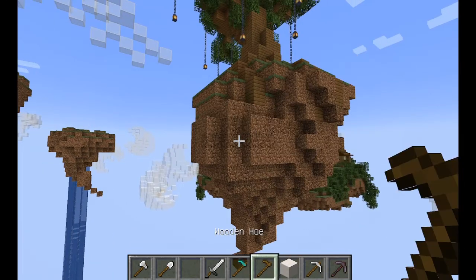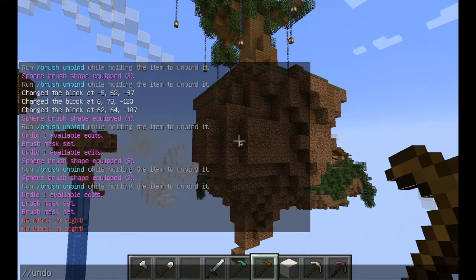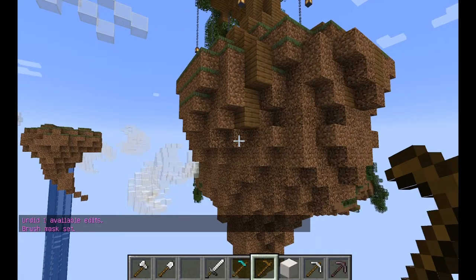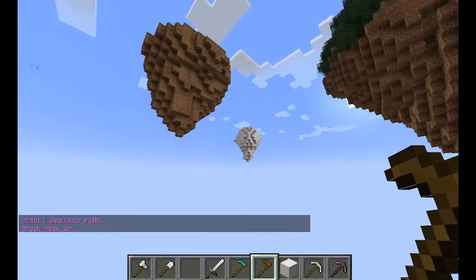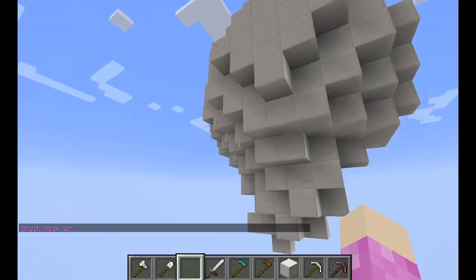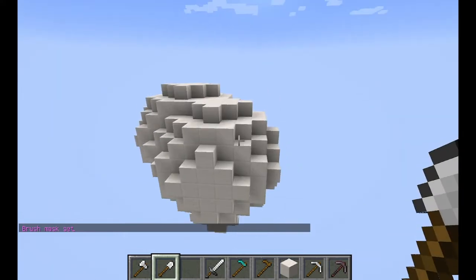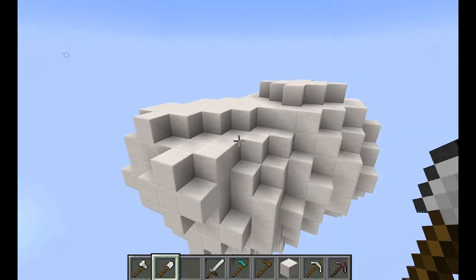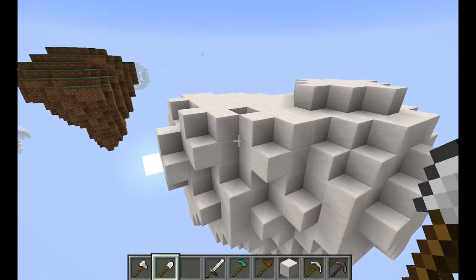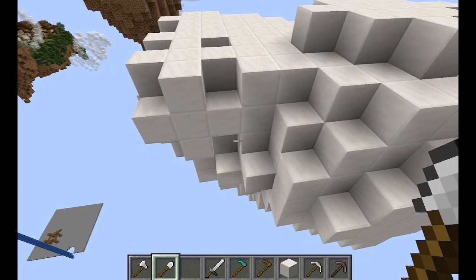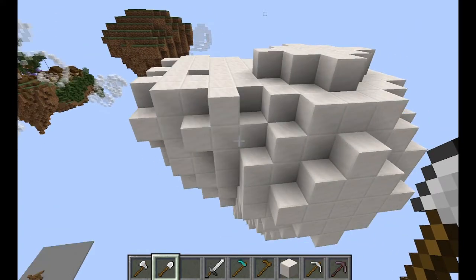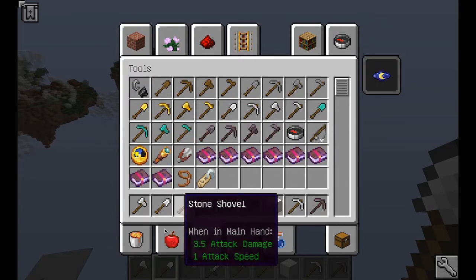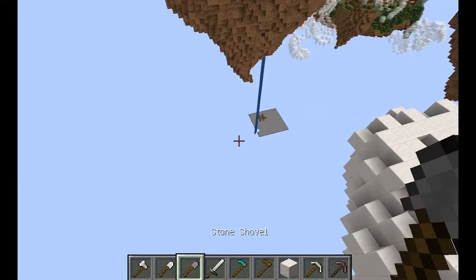So here my hoe is making a dirt ball. So I can do the same mask command and mask this 1 block. Now, masking 1 block is not necessarily useful in any way, but let's say I have built an island. Now, keep in mind that this command I'm about to show you does not work from the underside of anything. So, for example, I grab a tool of my choice, and I use this tool, and I bind